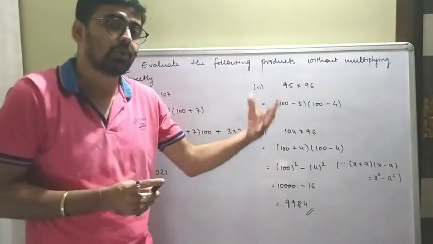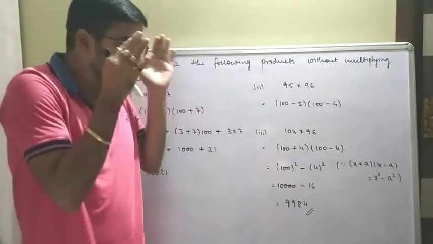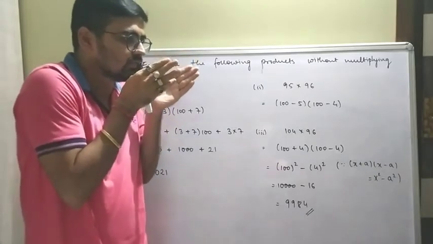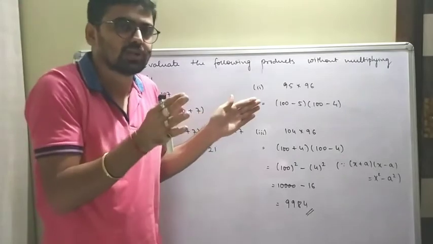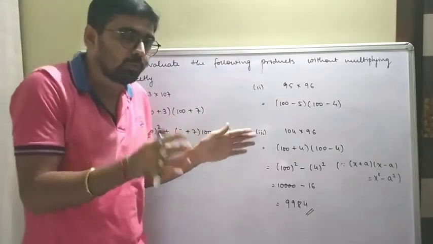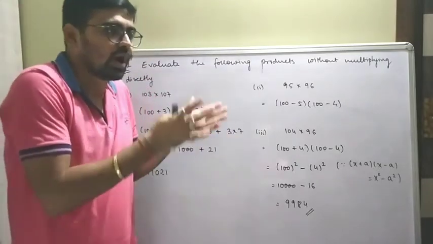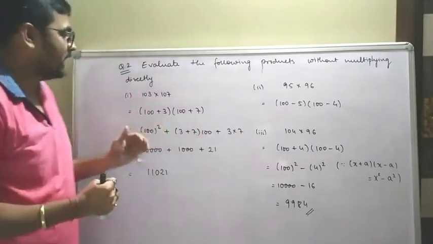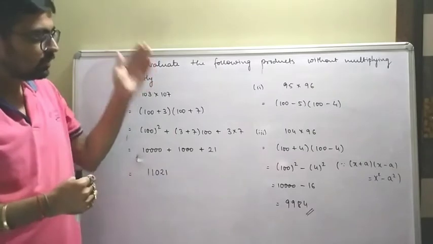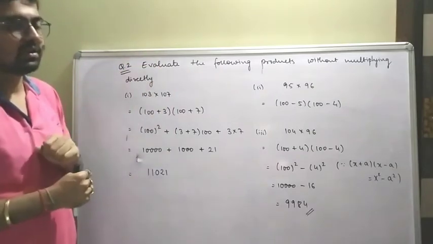we should have different options. Don't put your thoughts in a naive way. Naive way means don't keep small thinking, think a little bigger. Correct. Think openly. Observe. See how we can apply what kind of identities and then solve it. Correct. So this is question number 2. Please pause the video and note it down.